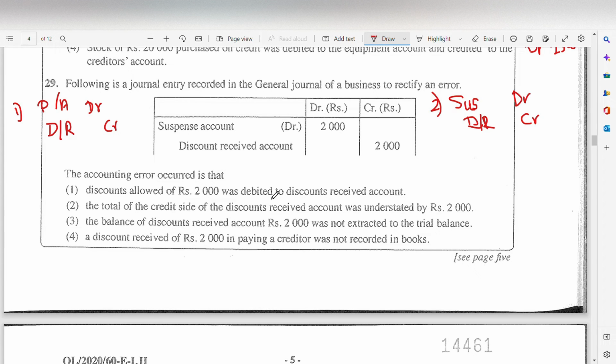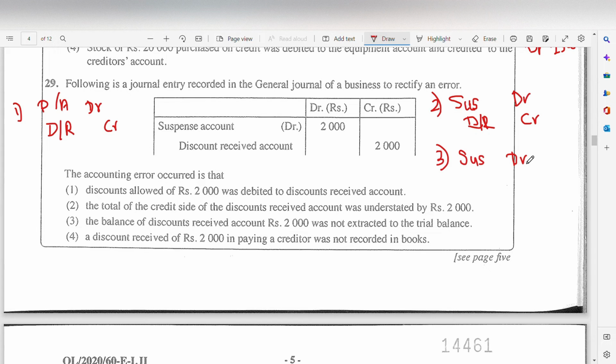Balance of discount received rupees 2000 was not brought to the trial balance, which means credit side in the trial balance is still understated. In other words, you will bring the balance of rupees 2000 to the trial balance onto the credit side, and you will make sure to debit your suspense account by rupees 2000. So here your entry will only be suspense account debit rupees 2000. Why? You will bring the 2000 rupee discount received balance to the trial balance, which will not